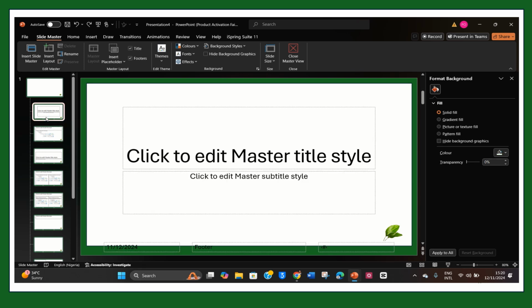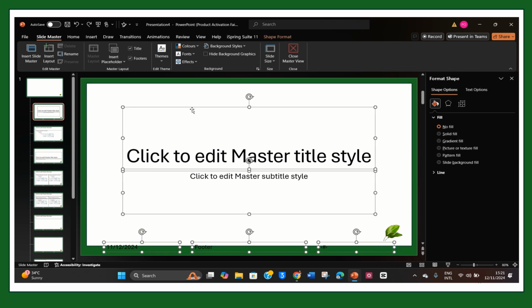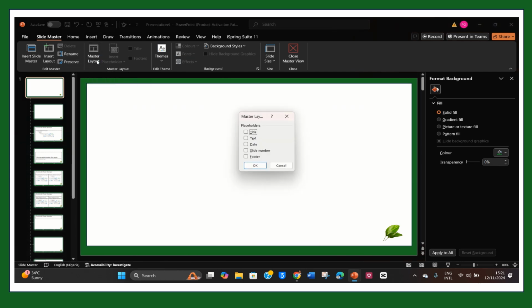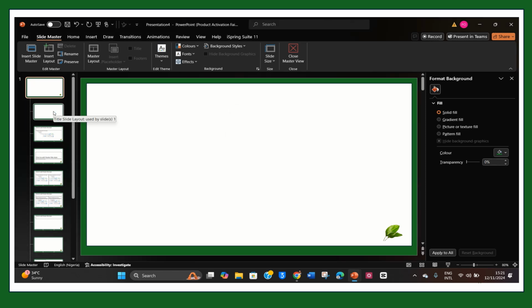Now I want to go over and customize my first child slide, which is almost your title page when you start working in your PowerPoint environment. It is called your title page, right? So what you want to do here, the same thing I did on the parent slide, I want to click on all and remove. And then there is one thing you must notice. When you're working on the master slide or your parent slide, you will notice over here that only your master layout is active, right? But if you're working on the child slide, you notice that only your insert placeholder is active because, like I said earlier,